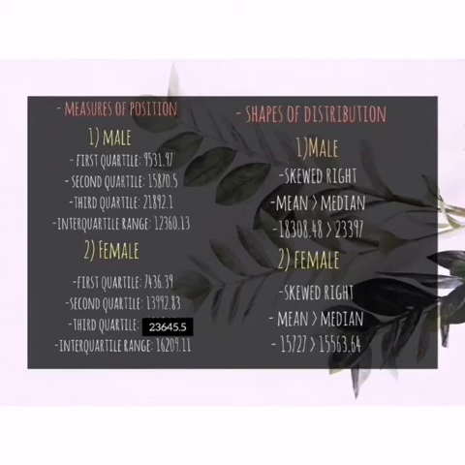7,436.39, follows by second quartile at 30,992.83, third quartile at 16,209.11, and the interquartile range at 16,209.11. But last but not least, the shape of distribution for both male and female is non-symmetric shape, consists of